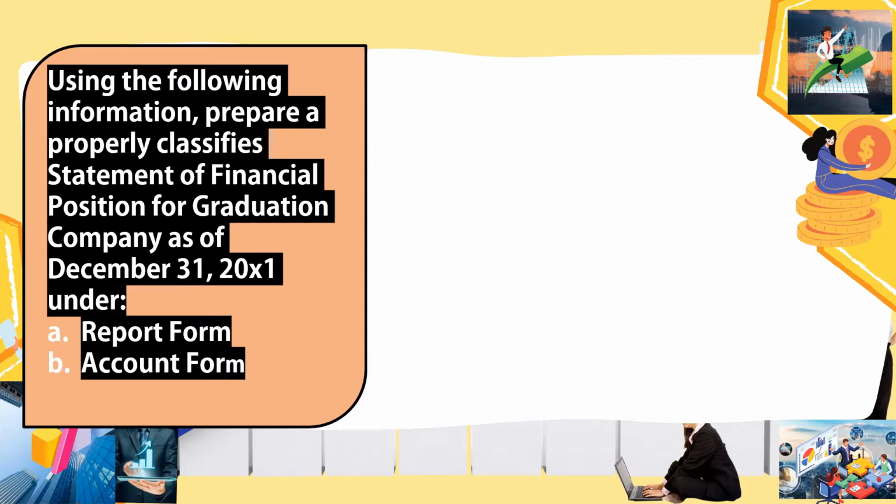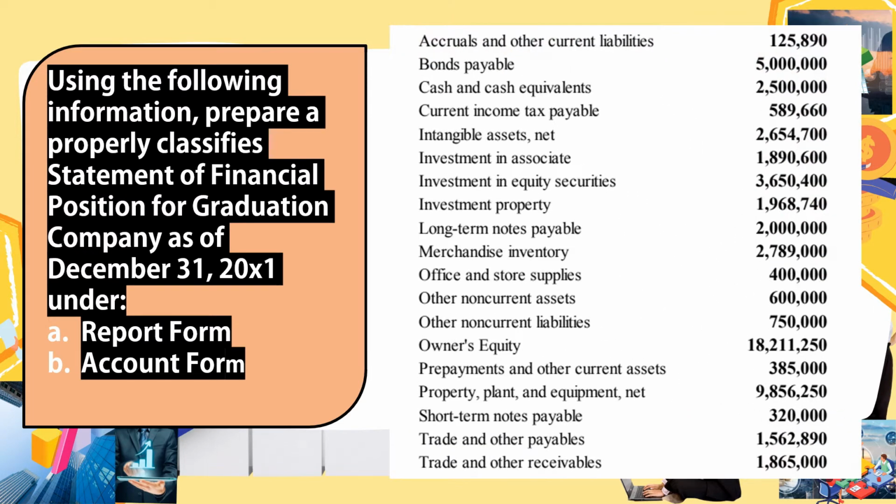Let us apply the two forms in this particular information. We need to prepare a properly classified statement of financial position for Graduation Company as of December 31, 20X1. We have accruals and other current liabilities, bond payable, cash and cash equivalents, current income tax payable, intangible assets, net, investment